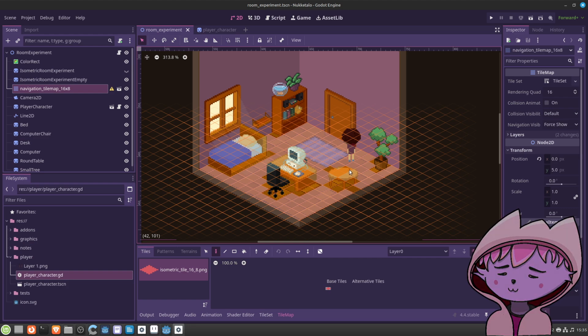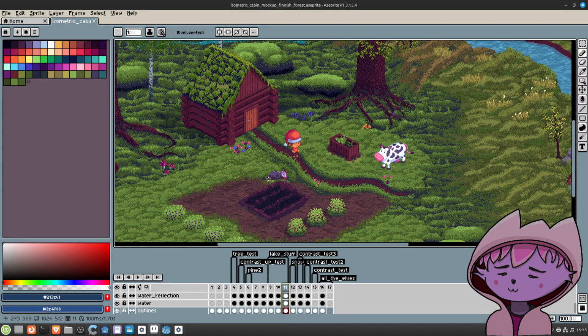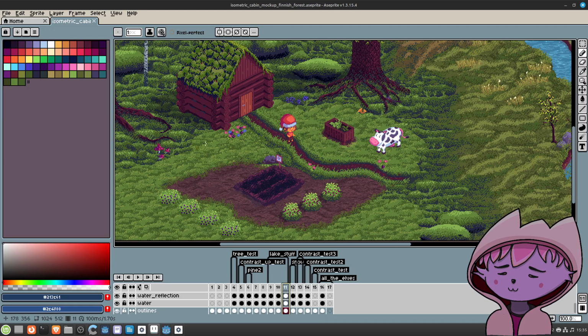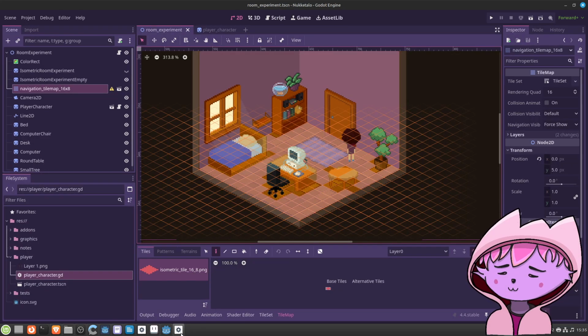And that would of course make things a little bit more complicated, because let's imagine that the player wants to decorate the exteriors of the cabin, then we would need to update this navigation tile map every time. Again, this is not impossible to do.